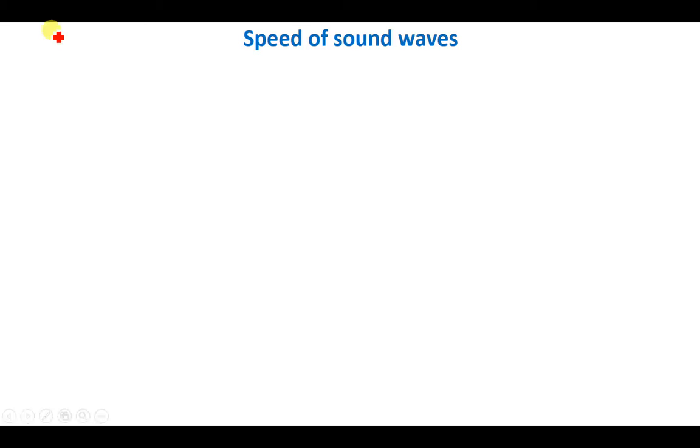So what you have to understand is that the sound moves at a different speed. Sound moves at different speeds depending on the medium that it's passing through. So the way sound can move in a metal is different from the way sound can move in water. So in liquids, the velocity of sound is found by using the formula: velocity is equal to the square root of the bulk modulus of that liquid divided by its density.